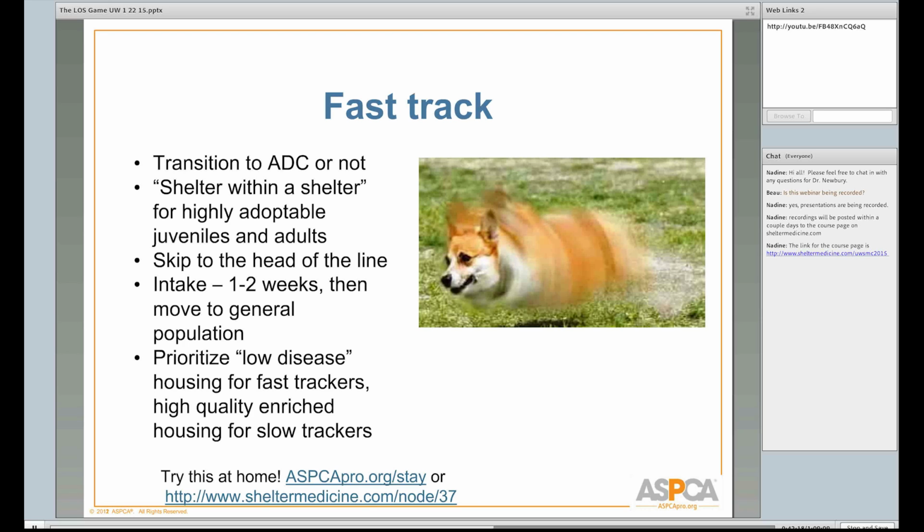And the fast trackers, a lot of the time, all they need is one lane, because they're going so fast that you can just keep putting them through, and then they don't end up getting stuck. And what we find is that the slow track animals still go at the same rate as long as we're smart about the way we prioritize.